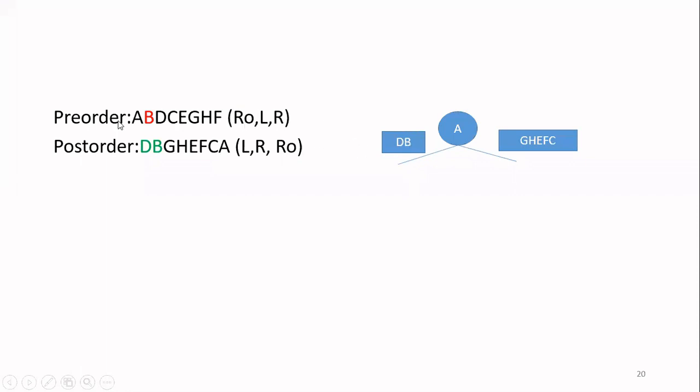So you just go to the pre-order and identify which is the root node out of these two. So I'm going to the pre-order. Okay, D and B. B is coming first, so B will be the root node. So B is now fixed, right? After you fix B, next you have to identify out of this D and B whether D will be the right child or the left child.